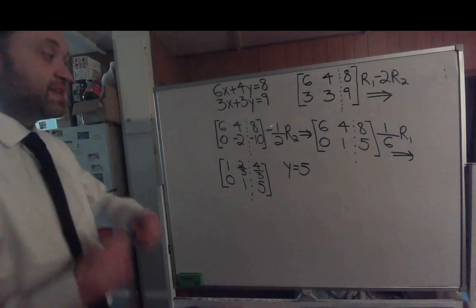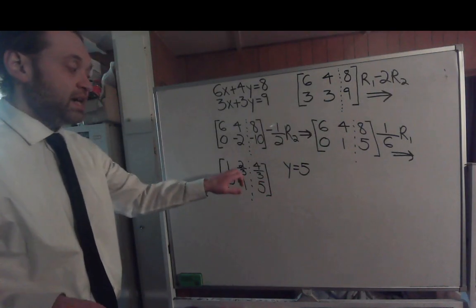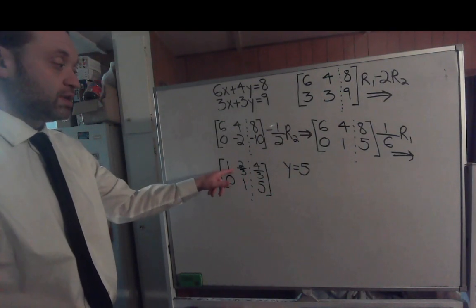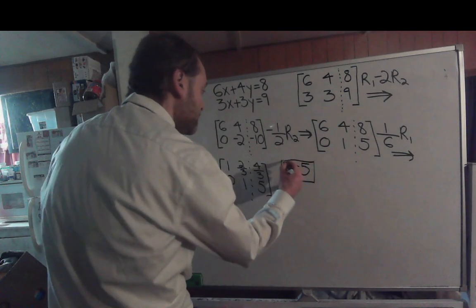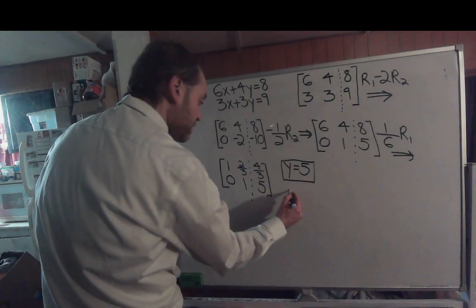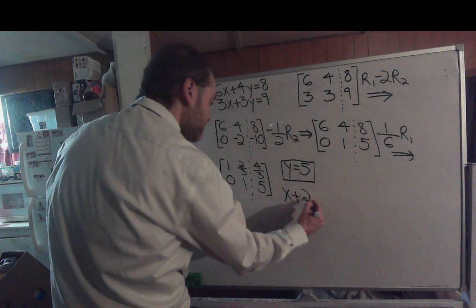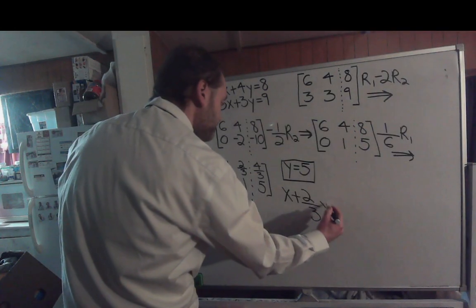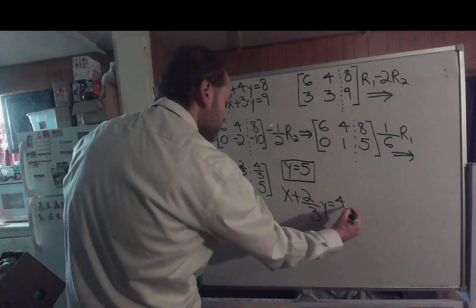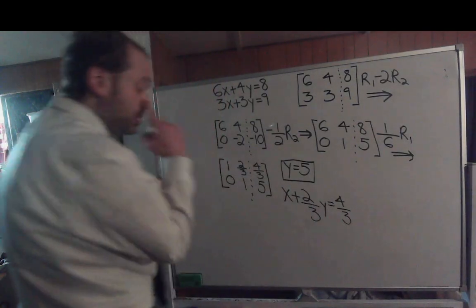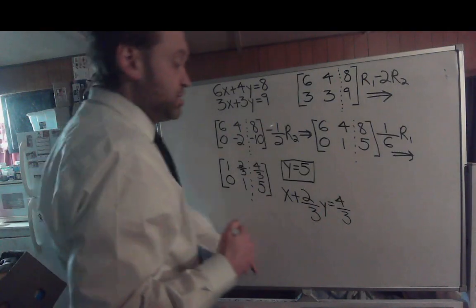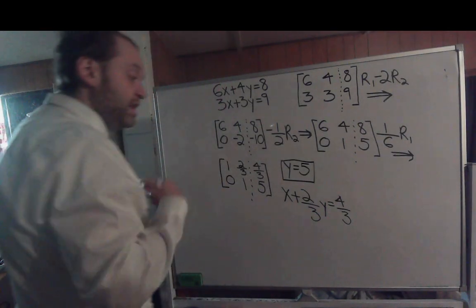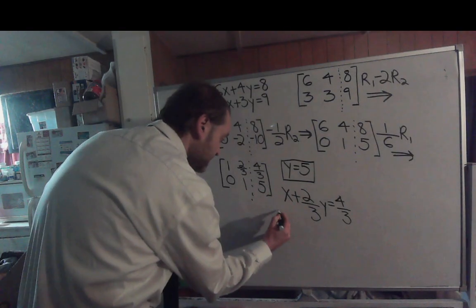Now we're going to take that value of y and put it into the top equation. The top equation will become x plus 2/3 y equals 4/3. Well, this is where the back substitution comes into play. Just go ahead, take your y value of 5, and put that in for where the y is, so you'll get